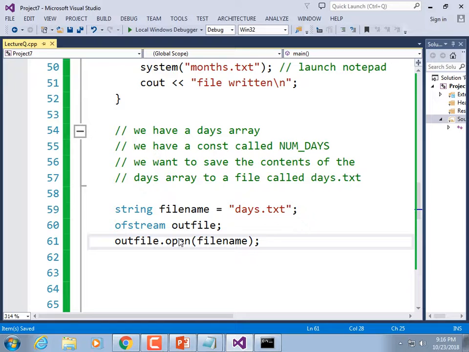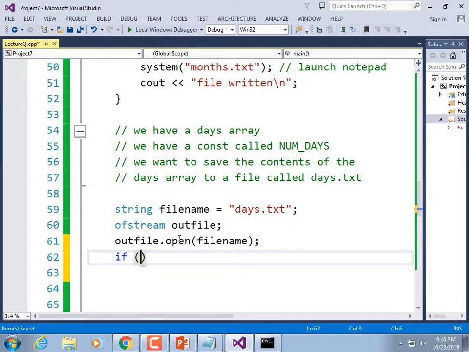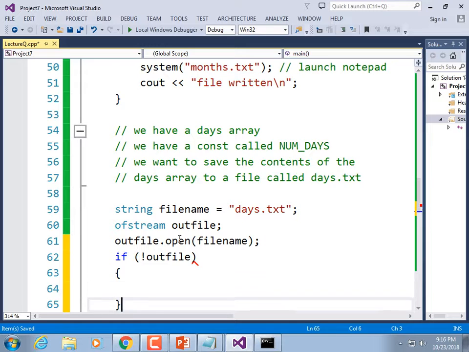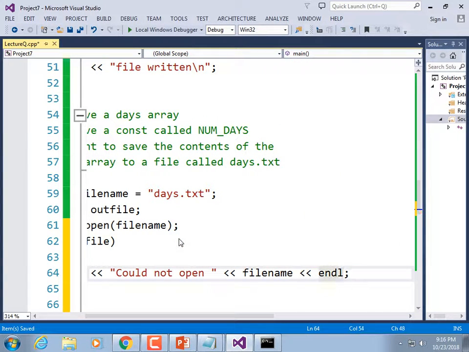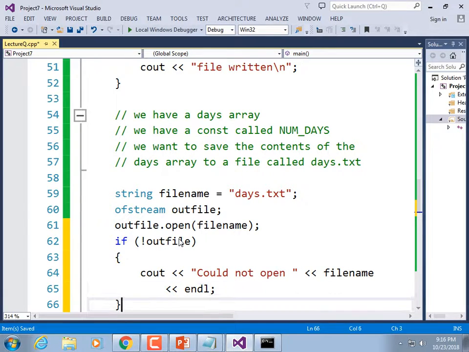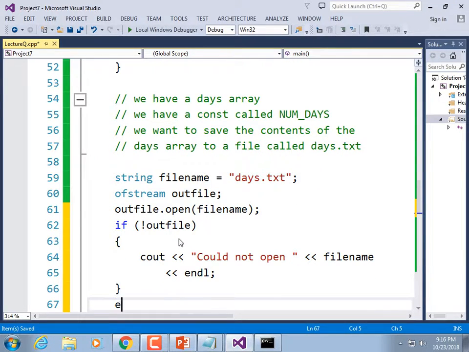We have to validate that it worked. So if, parentheses, exclamation point, if not outFile, we're going to display an error message. So curly brace, and then on the next line, cout << "could not open " << fileName << endl. Else